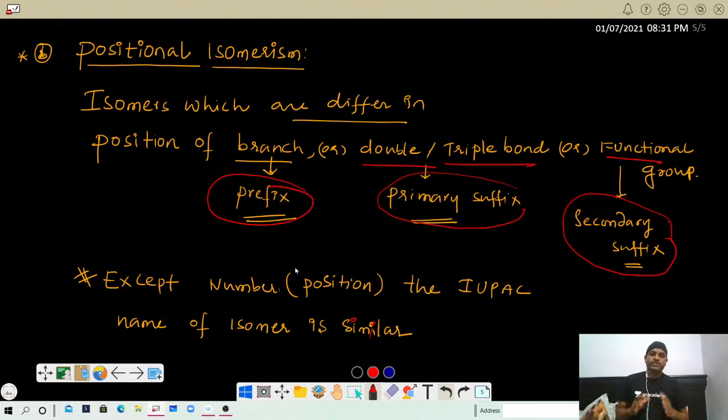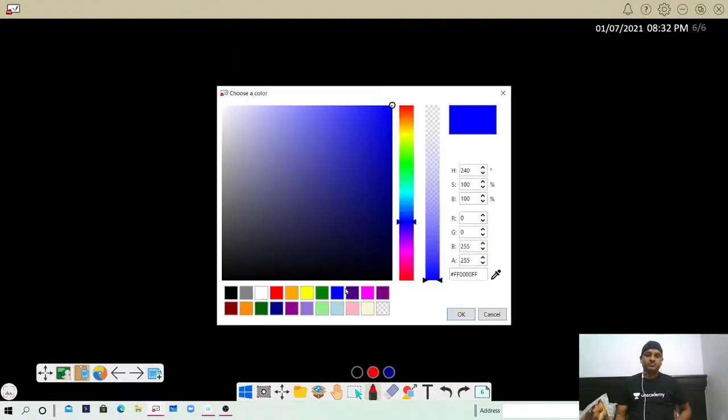Fine. So let us write some examples of positional isomers. Hope you understand the definition and that there is a trick. With this trick, we can distinguish whether the given isomers are positional isomers or not. Right? Example. Here, the molecular formula, I can say, C3H7